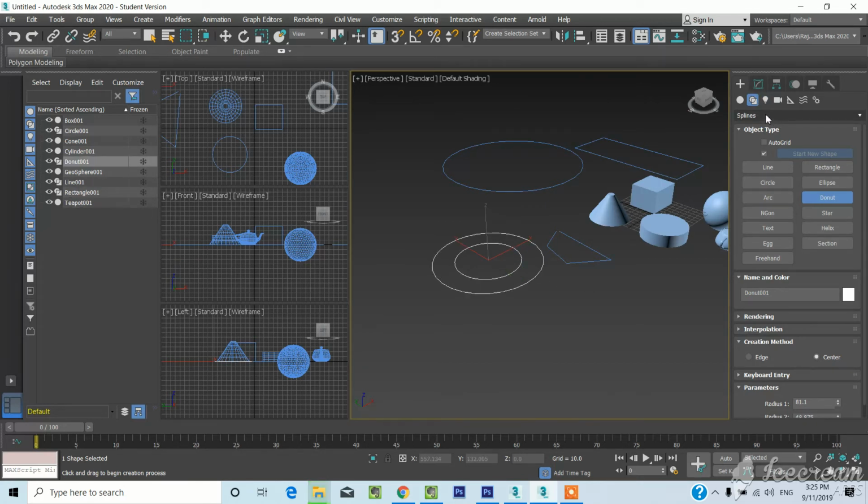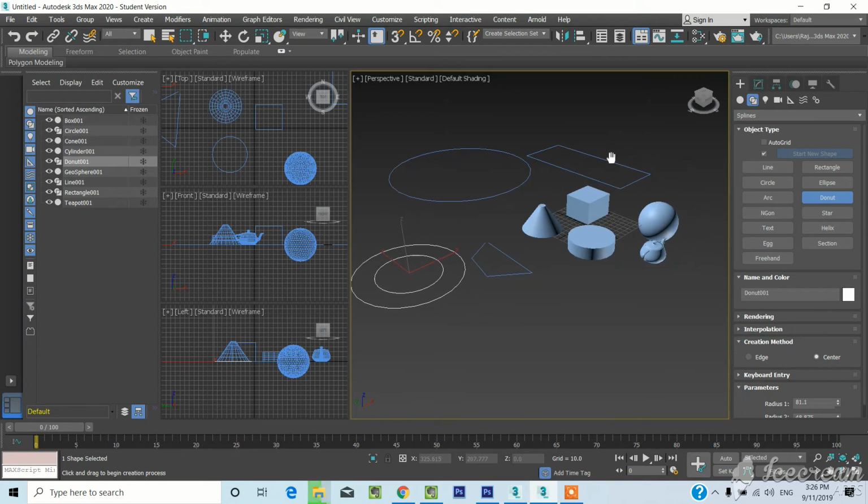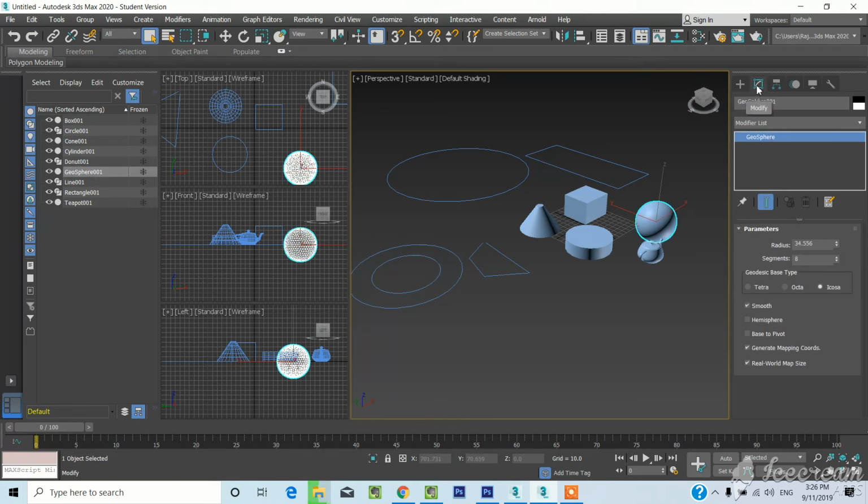So basically, these objects can be modified accordingly using the modifiers. So if you want to change the height or the shape of the object, you could just choose to modify things. So if you wanted to change something, you need to choose the object first and go to modify. Then it will show all the necessary things that you could adjust, like reduce. You can make it higher or bigger, or segments,